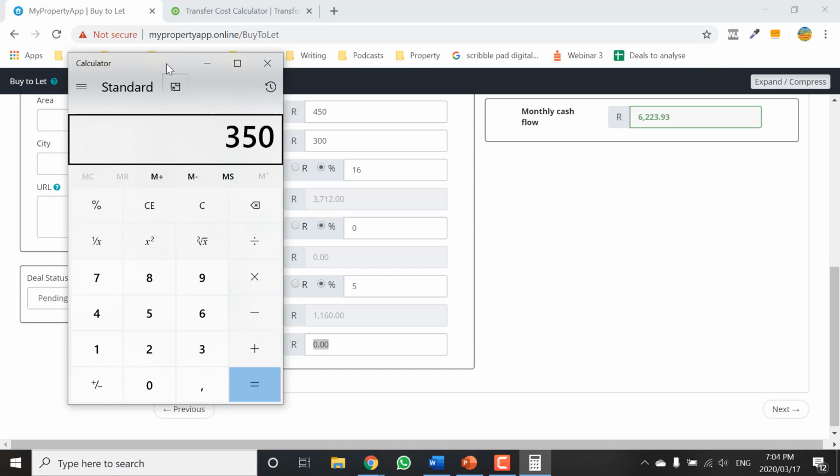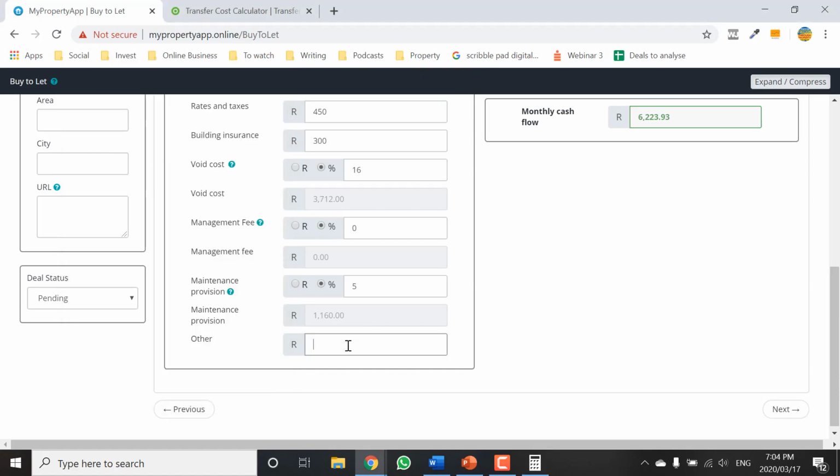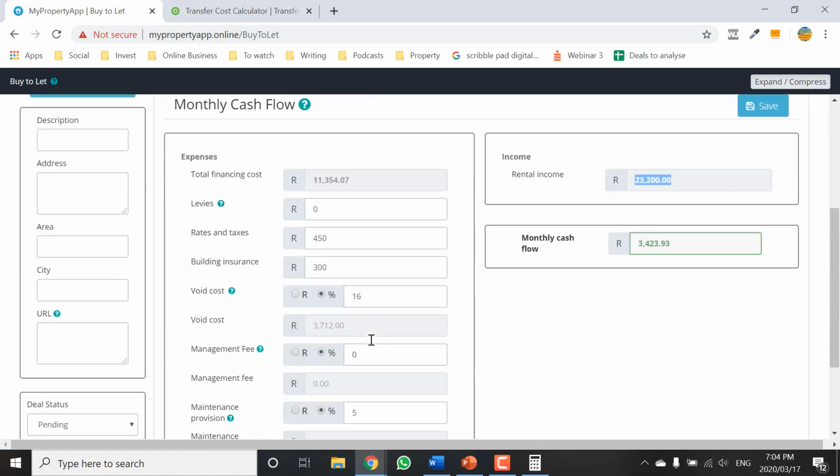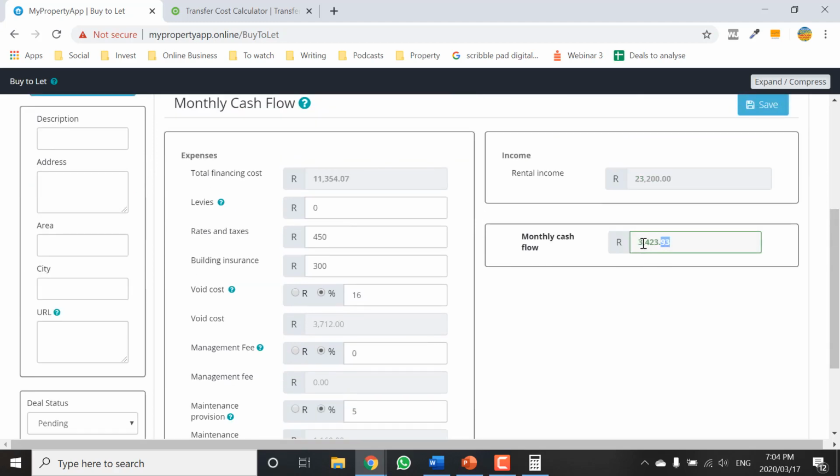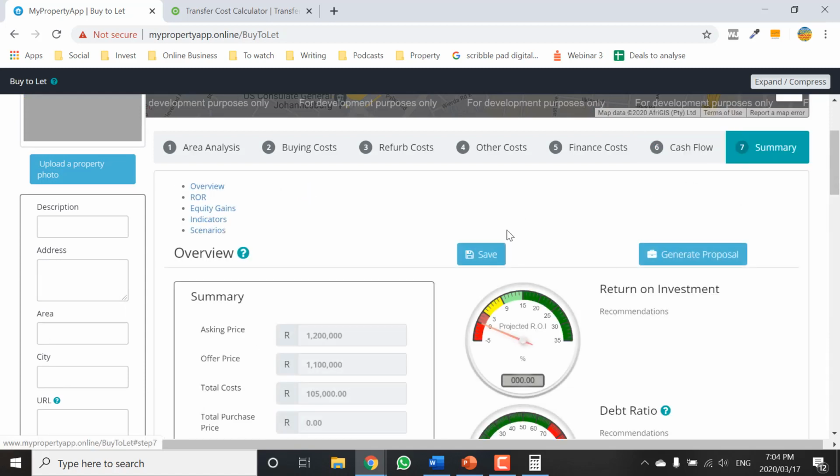It's currently 8 students. So I usually use a figure of about 350 per month per student for water and electricity. We times that by 8, we get 2,800. So I'm going to put that here under other, because that is then the cost to us. We have to pay their electricity and water. So your cash flow on this deal is 3,423, which if we go to the summary tab,